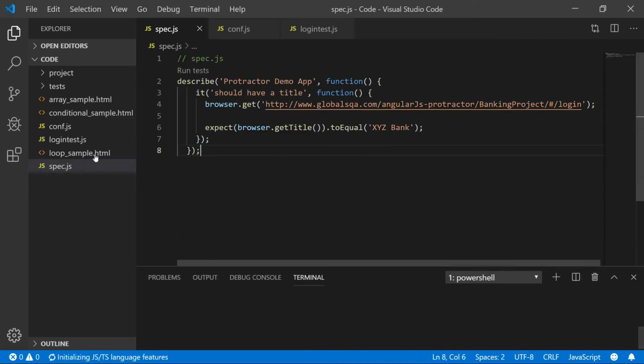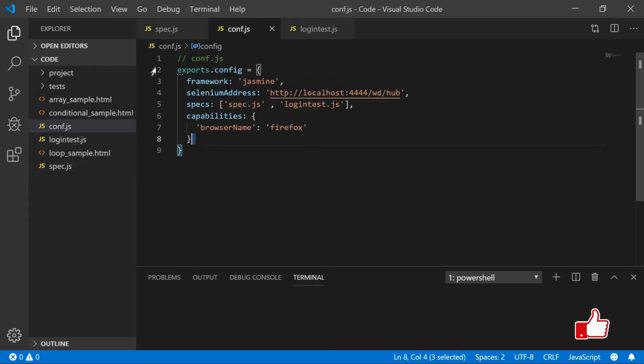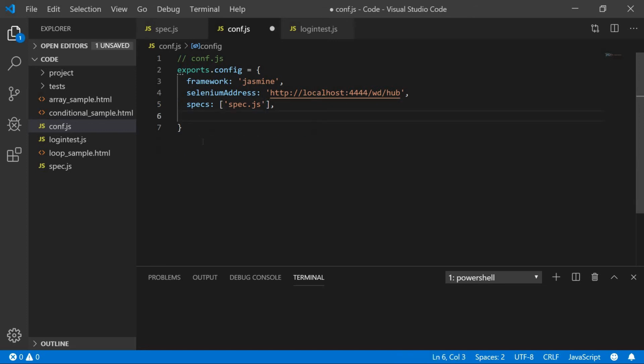So this is the spec file which I have already created, which is called the test case, but in the Protractor Jasmine framework we call it a spec file. And this is the config file we have. So just skip this one as we are just going to run this spec file.